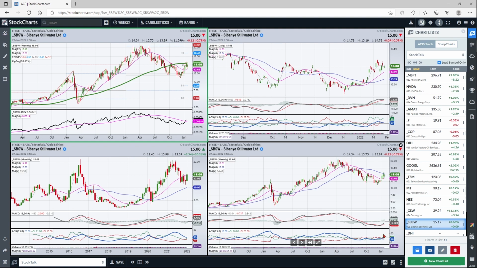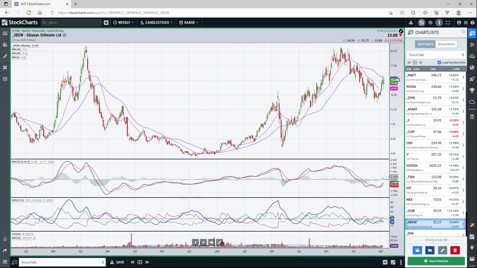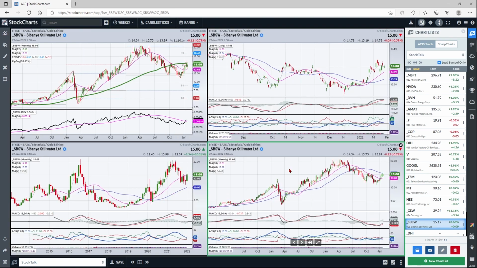This rally up has shown no real strength in the green DI. Look at this. See how the green DI crossed above 25, but it did not get above that red DI. So that's not really confirming evidence that new buyers are stepping in yet. Now, if we can hold here, pull back, hold, consolidate, and then turn back up again and get that green DI to break out again, then I think that'd be a pretty positive sign. I'd also like to see this get back above the 18-month.